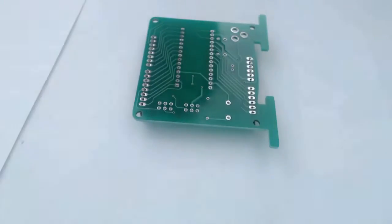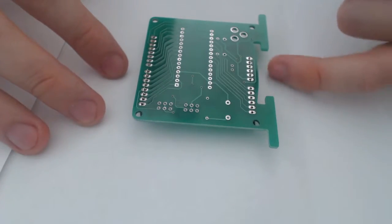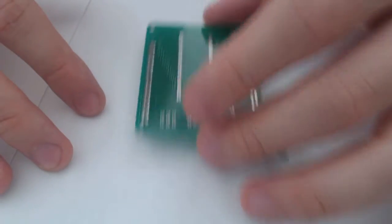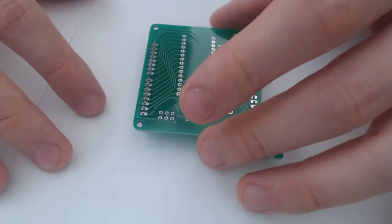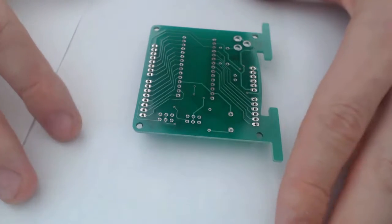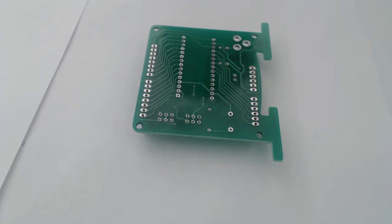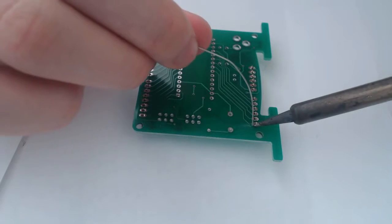And then I'll just kind of rotate this thing down, place it like that. And the important thing is you need to make sure that you get all of these headers to be aligned with each other. And you can actually pretty easily do that just by dragging it back and forth on your surface, whatever you're using. I have white paper over some cardboard just to prevent from ruining the table I'm working on. And once you do that, very carefully